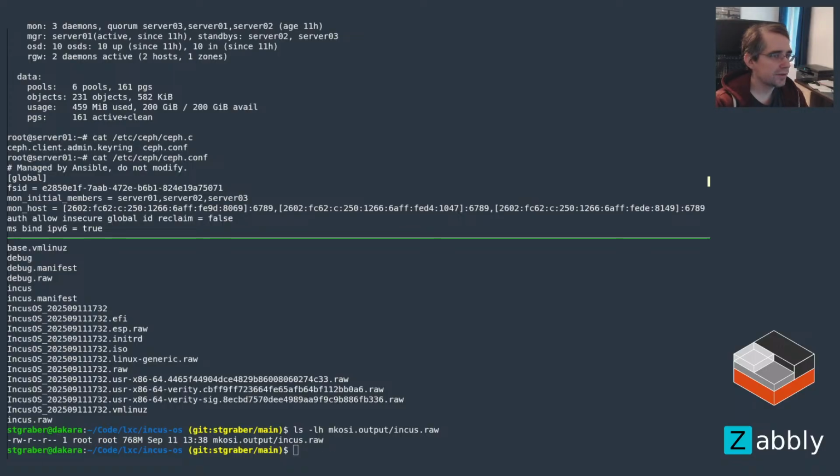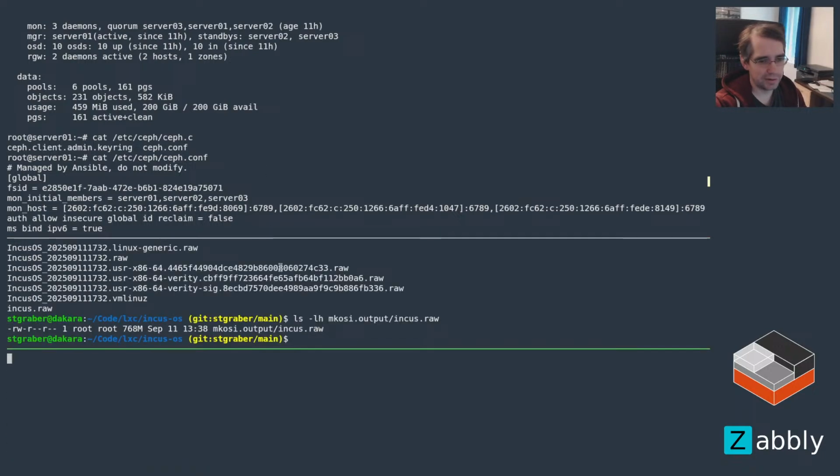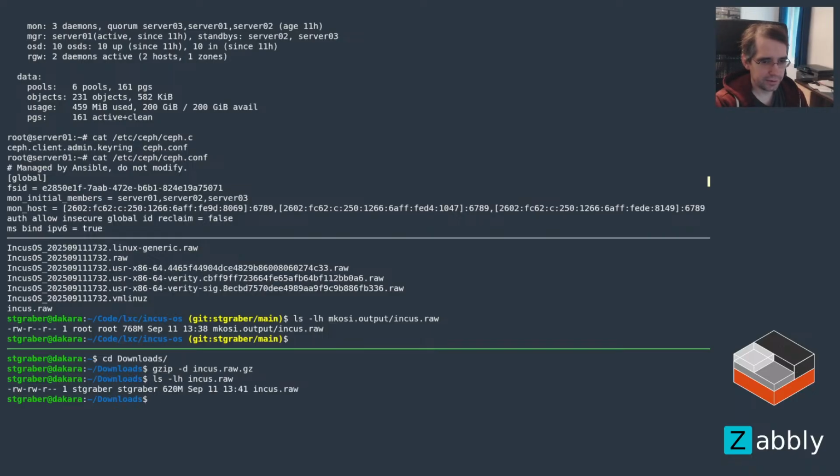Here, it's downloading. And it's 218 megs compressed right now. So let's just look at the uncompressed size of it. 620. Okay, so yeah, we're adding a good chunk of